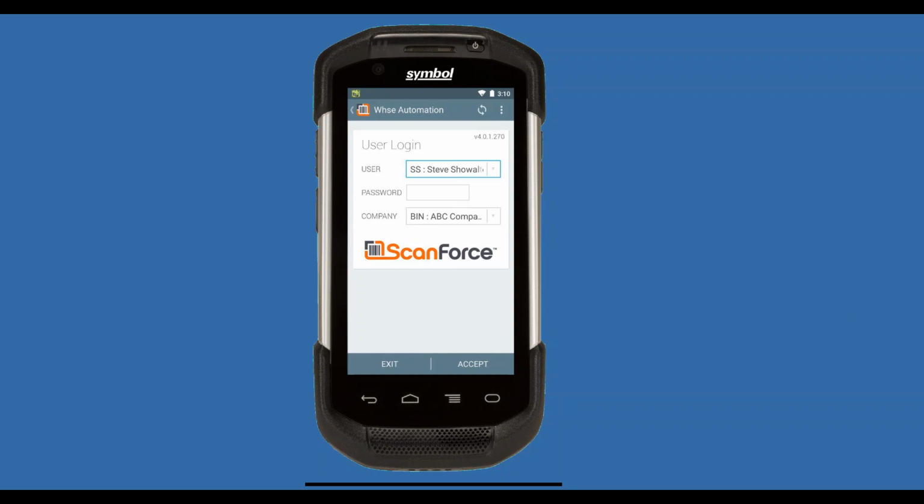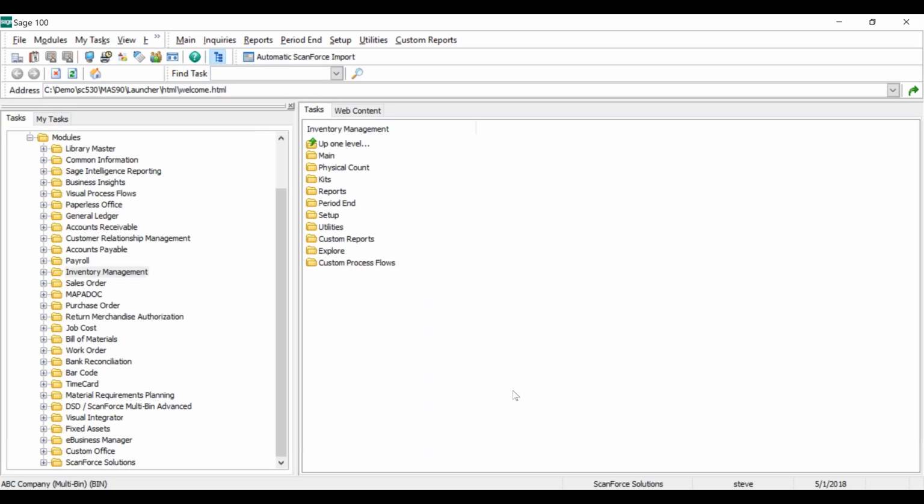To start off, I'm going to go ahead and create some orders. The concept behind wave picking is to group multiple orders together to be picked at one time. This feature also encompasses the concept of directed picking, where we use bin allocations back in the system back here in Sage to direct us on the scanning side to sort by bins, so that not only are we picking multiple orders at one time, but we're also being directed in the most efficient way